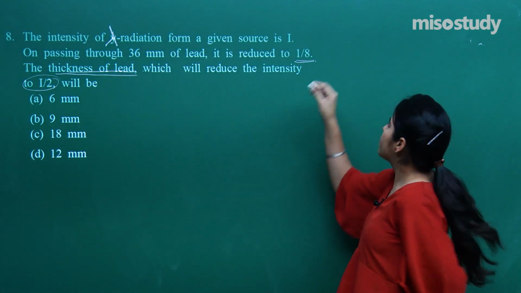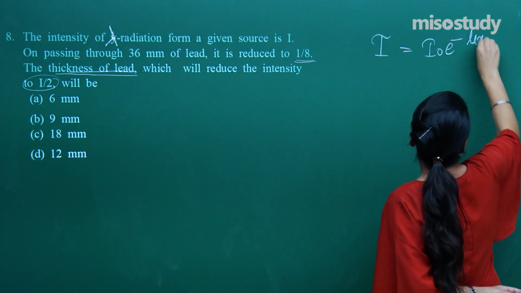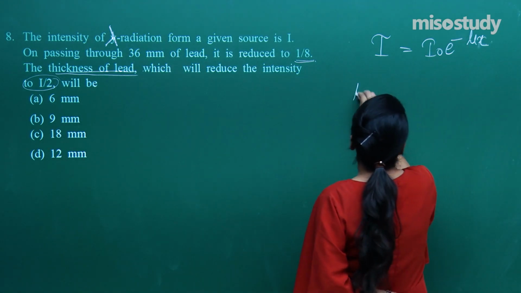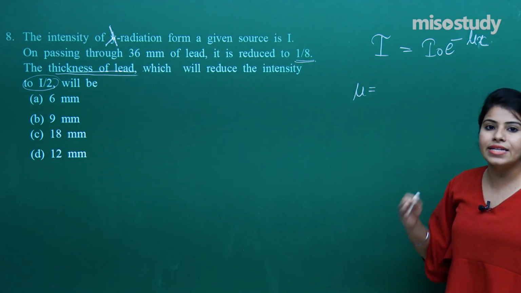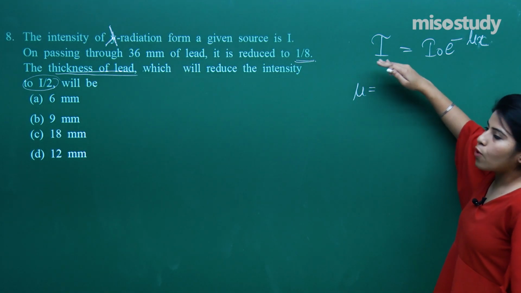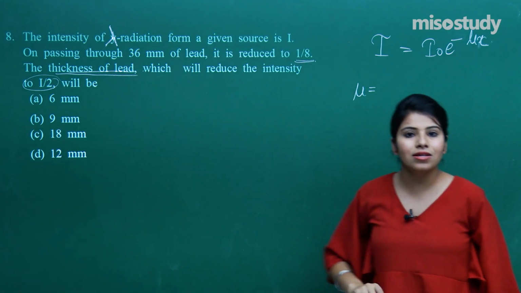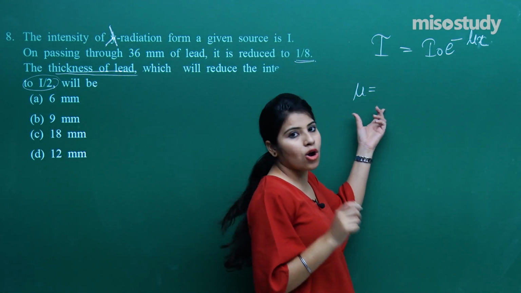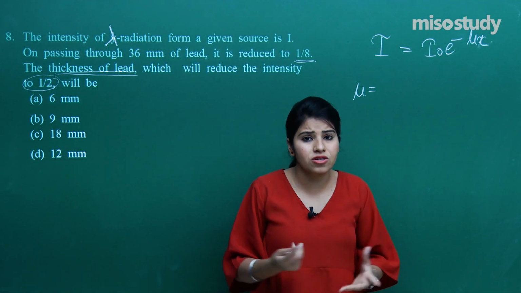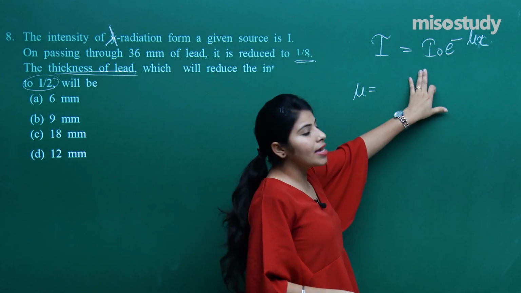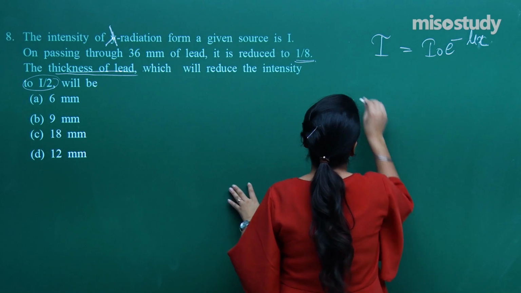So let me just say, if I am speaking about the thickness and intensity, your formula will be I equals I naught e raised to the power minus mu x, and mu is the coefficient of the depth over here, the coefficient of thickness. So in that case,